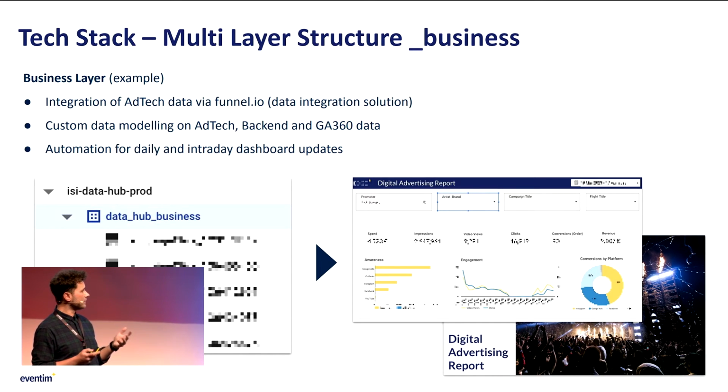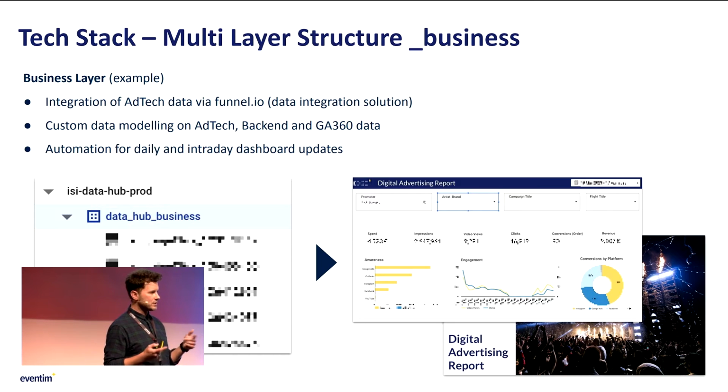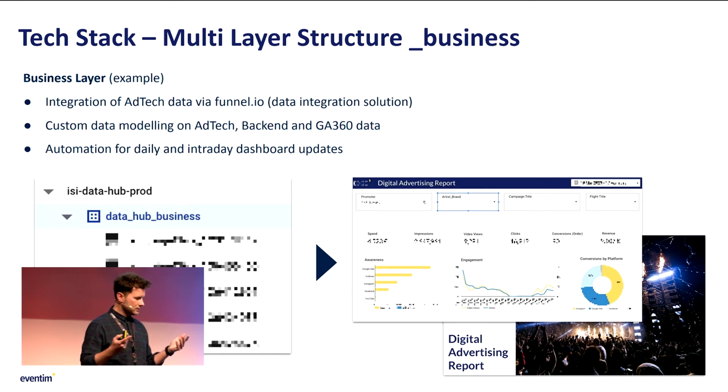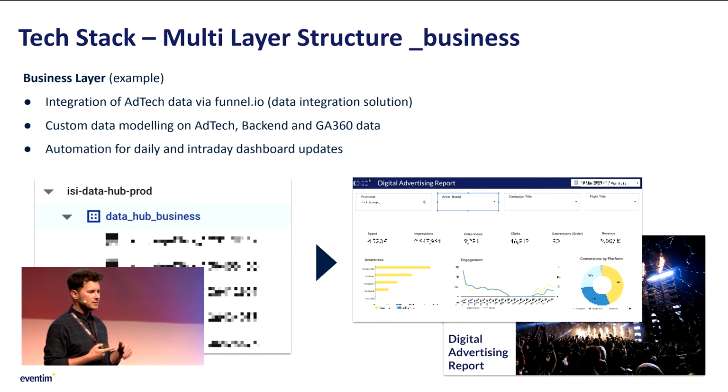What we came up with, and also the very cool marketeer who required this dashboard, he said, okay, I have a really cool taxonomy in place for the UTM, which I already use in our ad tech platform systems. Maybe you can use this. So our team thought about it, and we match this data on GA data with what we have in the platforms, using the matching key we can see in GA as well. So basically you have the spend, the impressions, the views, clicks, etc., which you only get out of the specific platforms. You won't get this out of Eventim's data. This is what Facebook and Google and the other ecosystems provide us. But we model the conversion and the revenue based on GA data.